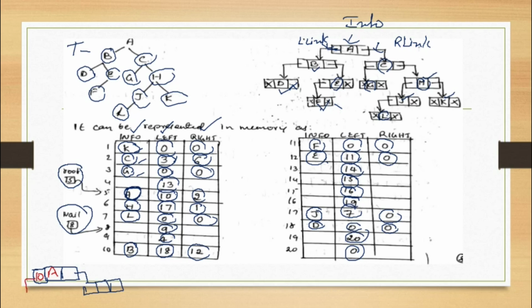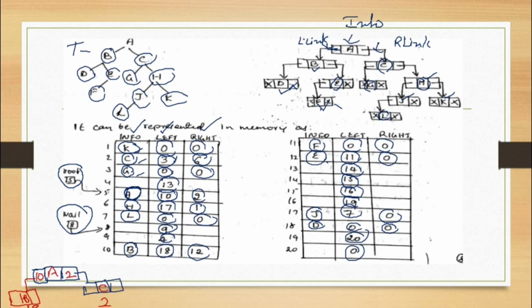A left link, that is LB. So what is this B now? If you draw it this way, this is B, and this is the 10th location. Let us see. A's right link is 2, so this is nothing but 2. In 2, you have C. That is how it is. You need to continue with the entire list.